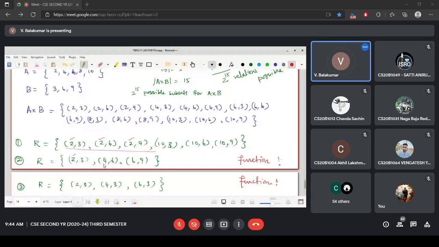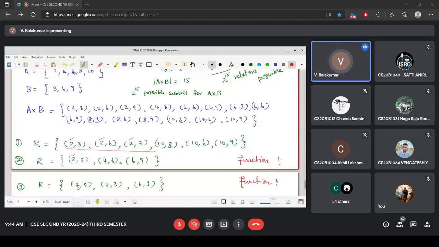For 6, 9 is the related element, 9 is the output. Look at the 2, it has one related element, 3. Look at 4, it has one related element. Maybe that related element may be the same, but what I need is that one element if I have,